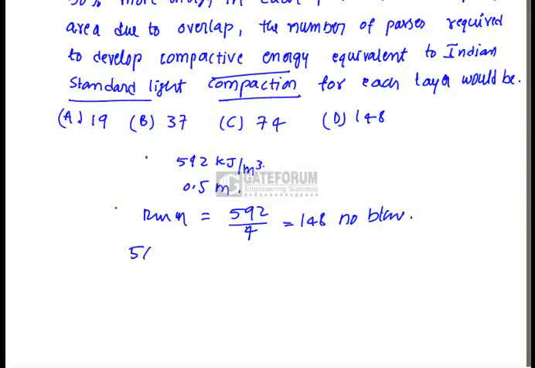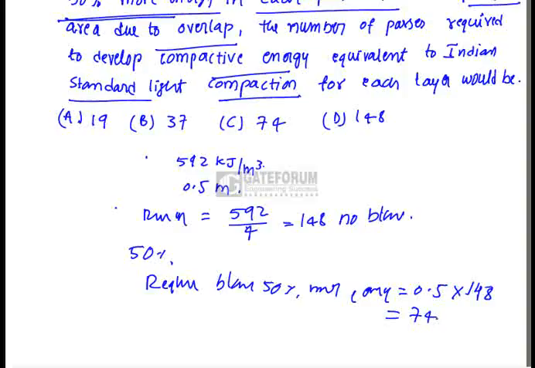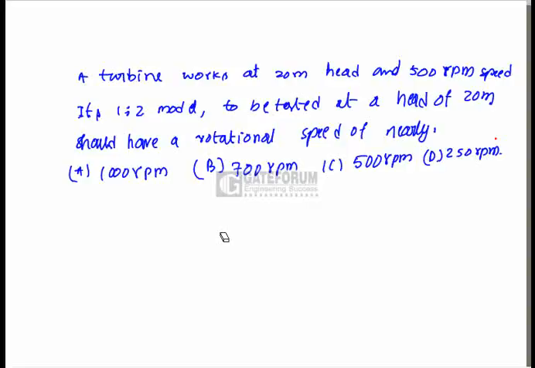and 50% more energy in each pass over the compacted area. Because of the overlap, 50% more energy is consumed. So required number of blows for 50% more energy is equal to 0.5 into 148, that is equal to 74 numbers. Answer C is correct. Here in this problem, what we have to find out is the rotational speed for a 1:2